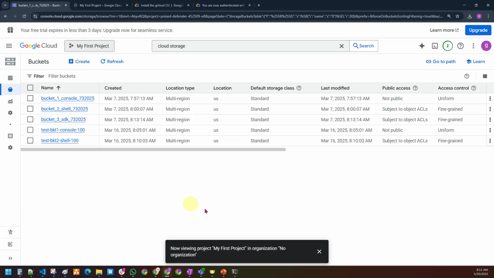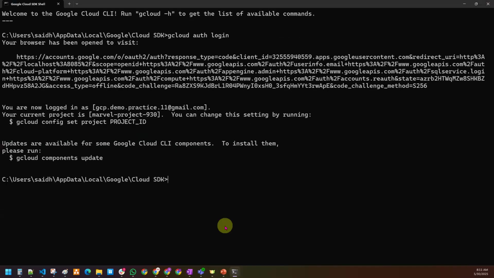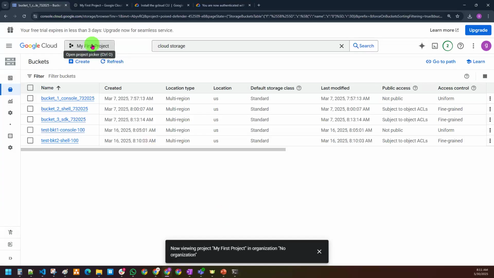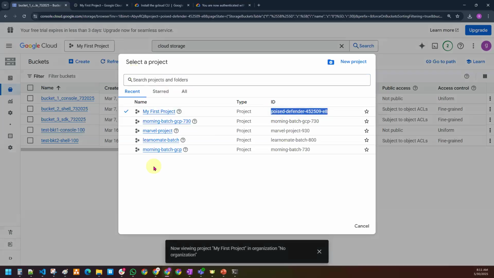But in the Cloud Shell, how do we do that, sir? In the Cloud Shell, you have to write a command to change the project. There's a command called gcloud config set project followed by the project ID. You have to use this command, guys. What is your project ID which you want to use? This is your project name.